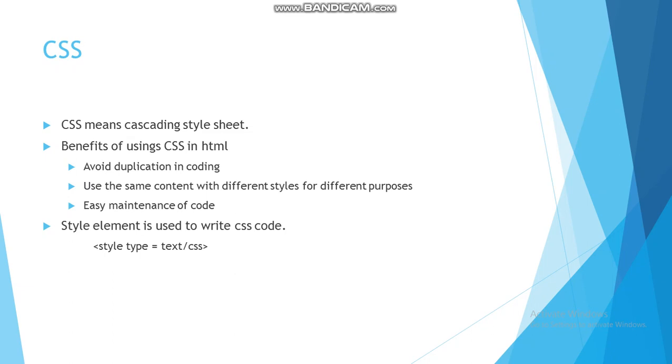Here type is attribute that can be used to specify that we are going to use CSS style sheet, because there are several different style sheets available in market. So among these, we are using CSS style. And nowadays the most popular style sheet is CSS. So inside style tag, we can write CSS code, and then at last we have to complete style tag using slash style.